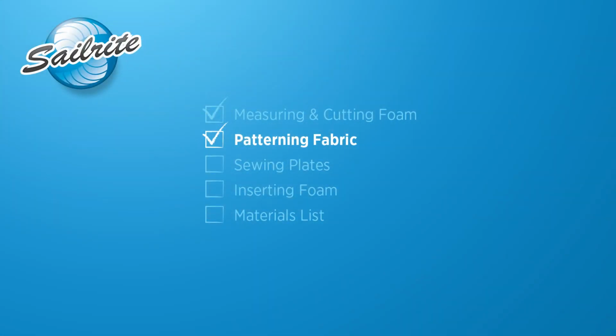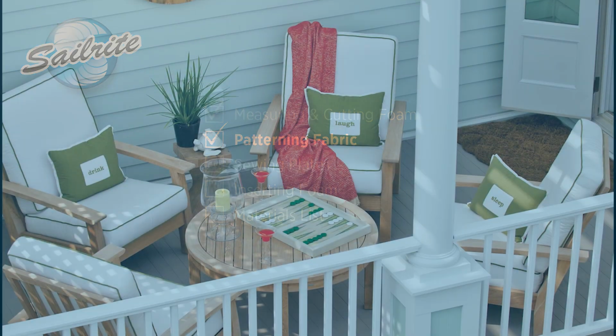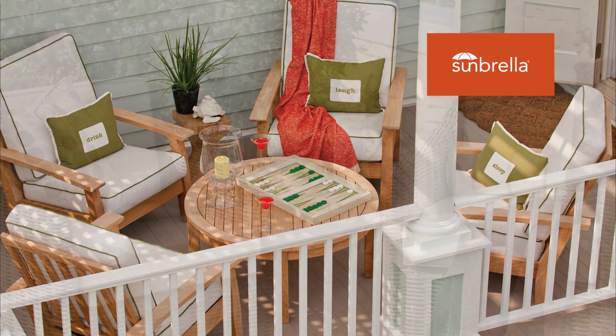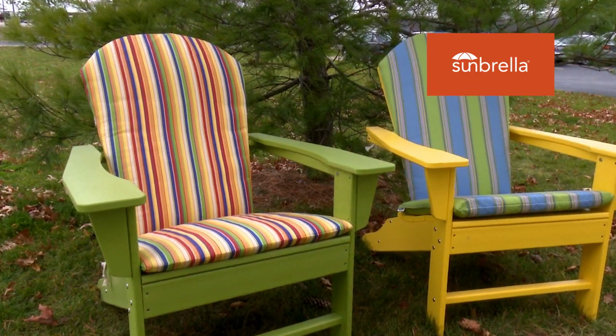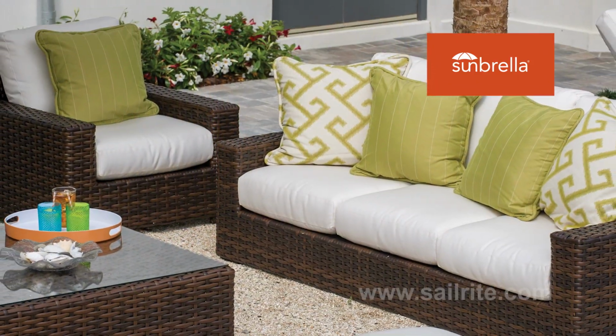Sailrite highly recommends using a Sunbrella upholstery or furniture fabric for Adirondack chairs. Sunbrella fabric is one of the world's best outdoor/indoor fabrics. For more information, check it out at